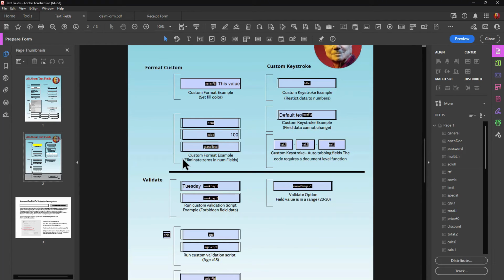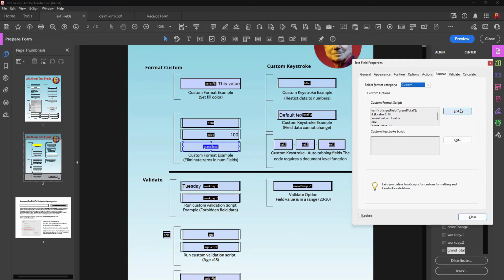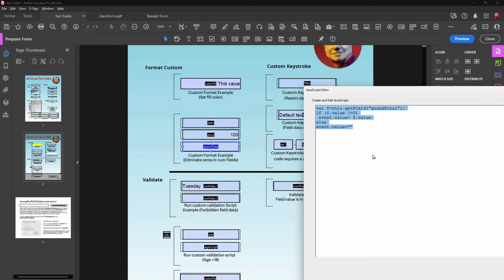And what I'm going to do is go to this next one. I've got a script in grand total here. Let's take a look at this script. And once again, it's a custom format script. So in this script, what I'm basically going to do is change the appearance on this field where the script